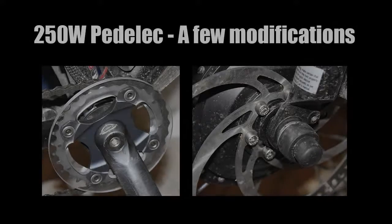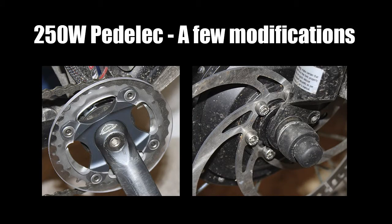Hello again. This is my third video on my electric bike, and this time there's nothing new to report on the electric system itself, because it has been working without any issues all week again. But instead I ended up doing a few modifications to my bike, and the first one being I removed